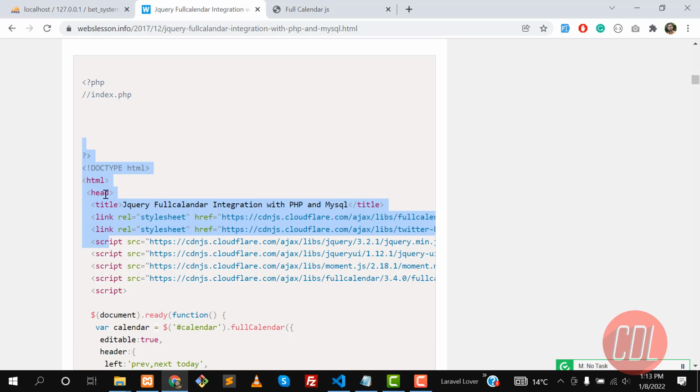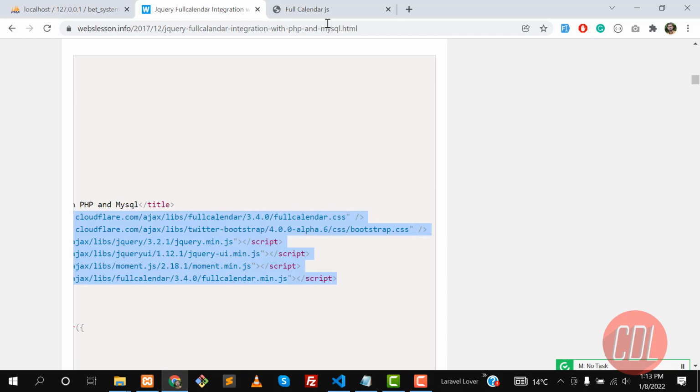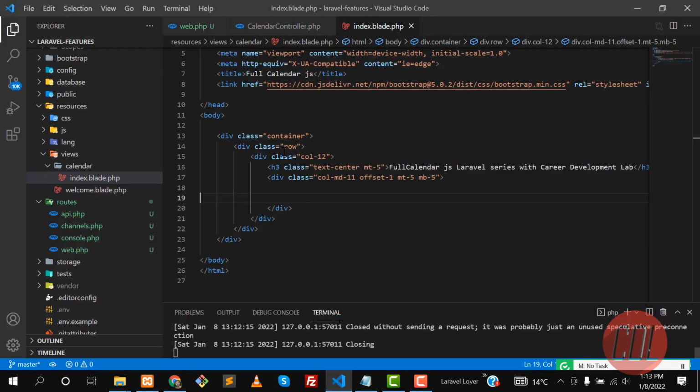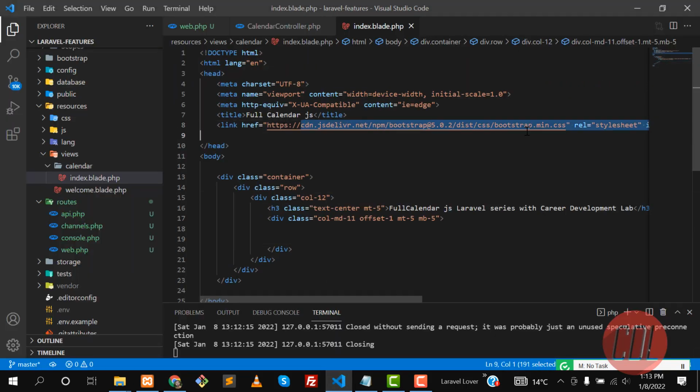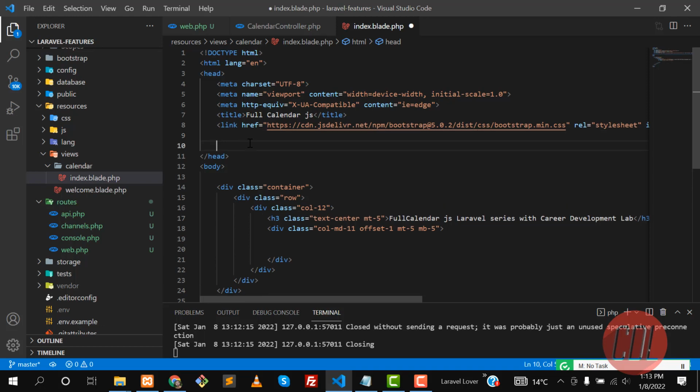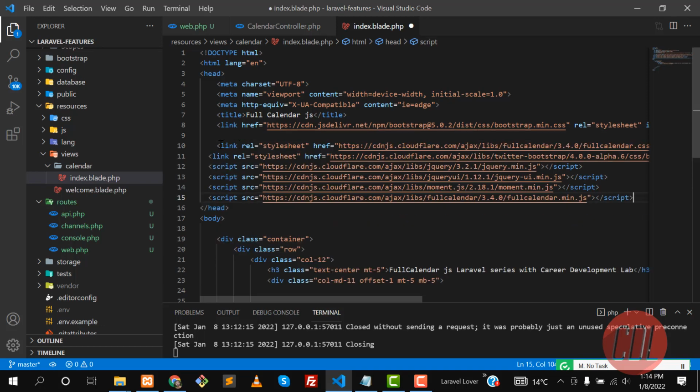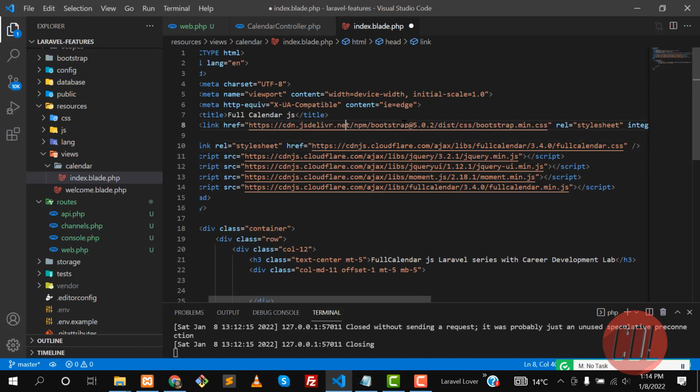We are going to use some CDNs, so let me grab the CDNs from there. These are the Bootstrap 4 and 5 CDNs. Let's copy these CDNs and go to our application, and here I pasted the Bootstrap 5 CDN. This is for the row and container, simple stuff, right? I hope you understand this. So I paste them here and indent them a little. Here is a Bootstrap CDN you could use, but I'm not going to use it because I'm already using the Bootstrap 5 CDN there.